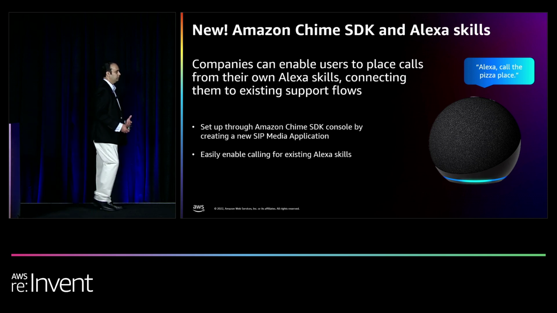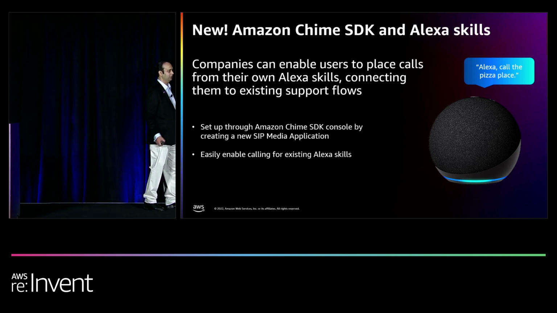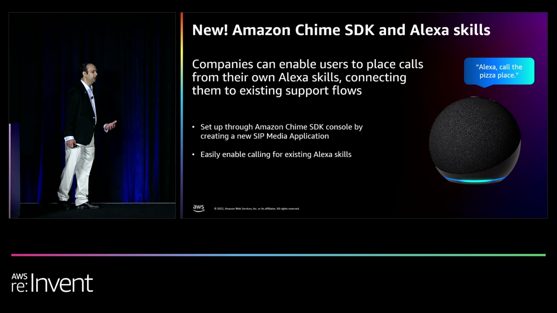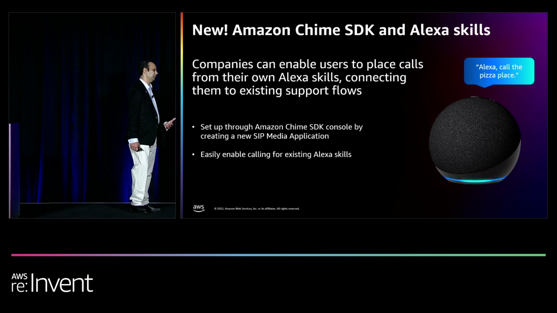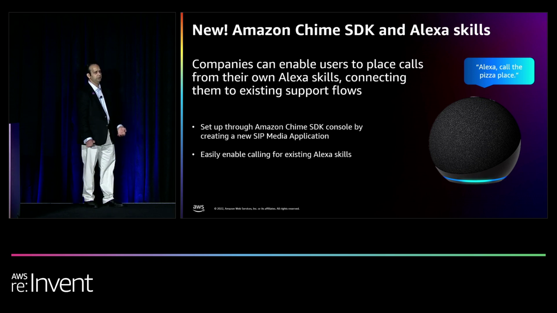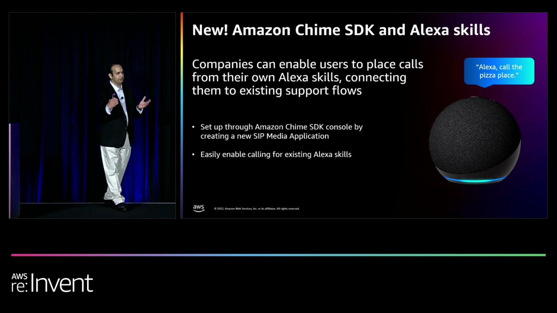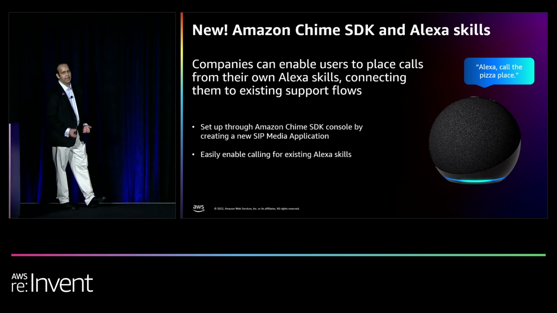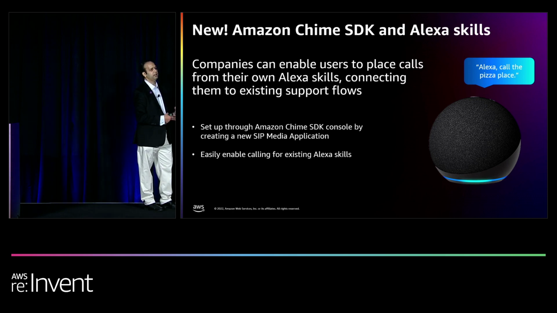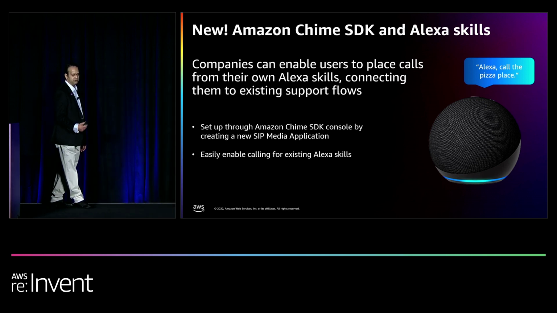So again, from an accessibility perspective, this service is available via SIP. It works with whatever platform that you may already have deployed within your organization. We're not requiring customers to modify their existing contact center platform or existing communication platform to add this capability to their service. And that's a pretty common requirement that our customers have, which is if I want to add agent assistance or add Alexa calling, for example, to my contact center, I don't want to have to go through a lengthy, expensive upgrade process or go through agent retraining or any of those associated problems. I just want to add the feature to my existing organization.